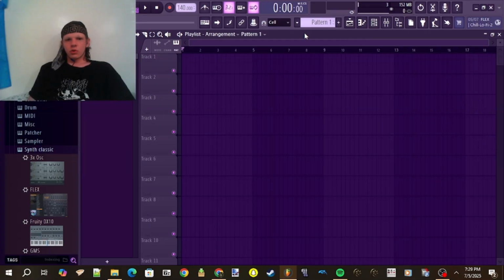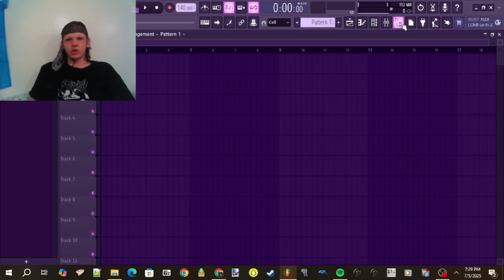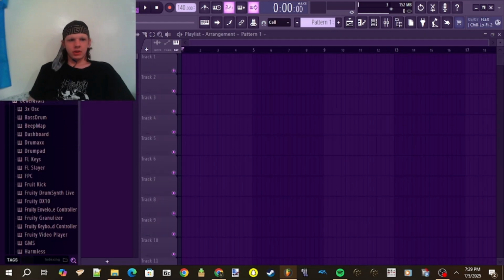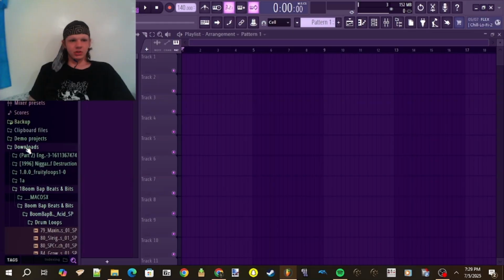So I think without further ado, I'm going to show you some of the synthesizers. For me over here, I just have my browser on the left side of the screen, and this is going to be kind of your hub for looking for things to put in your project to use. So it's like your toolbox in a way. You can go to the browser/plugin picker. You can open it and close it with this button right here on the right side of the screen. And yeah, it's organized like this,